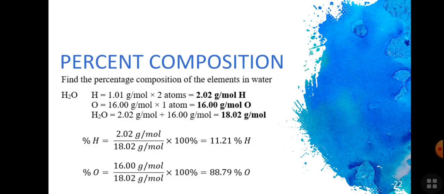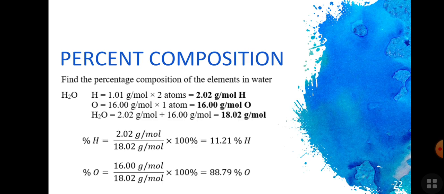First, meron tayo ditong water. Water na we have to find the percent composition of water based on its chemical formula, H2O. So, gaya ng ginawa natin kanina sa molar mass, we solve for the individual molar masses of hydrogen and oxygen. So, for hydrogen, that's 2.02 gram per mole. For oxygen, 16 gram per mole. So, we will arrive at a total na 18.02 gram per mole. So, following the formula,